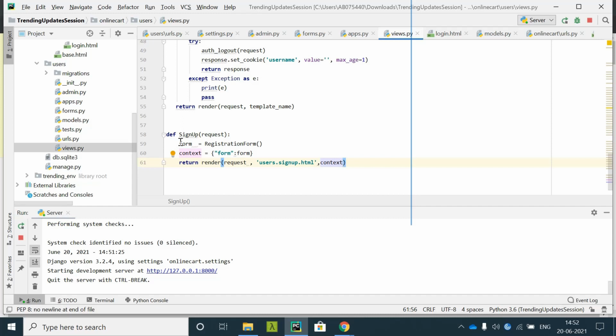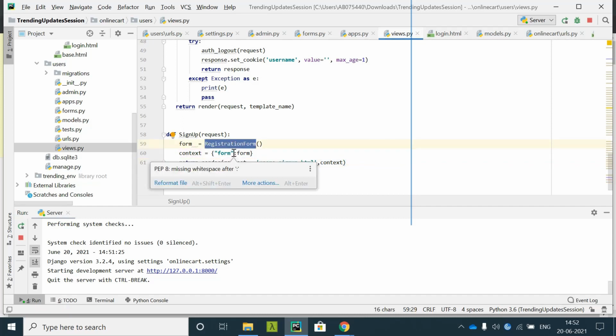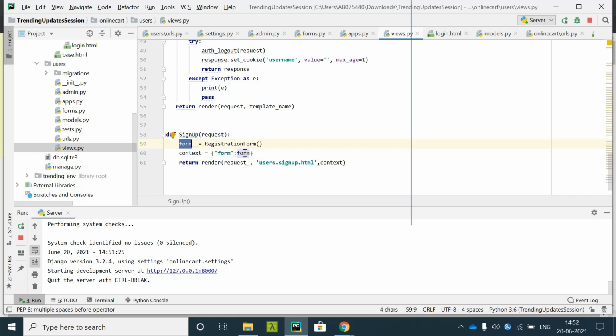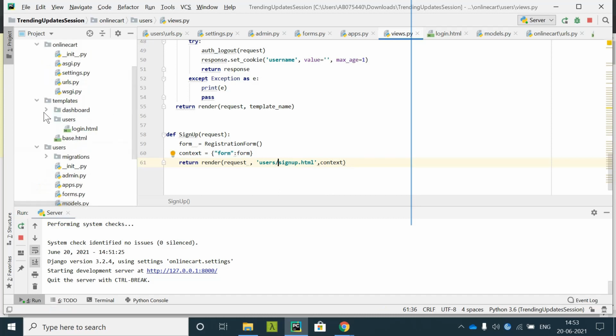Now I'll show you how the registration form looks. The empty form is being created for all the fields of the users table, and it will be passed as a context to this form object, and then it will be passed to the users signup.html. But users signup.html is not present.